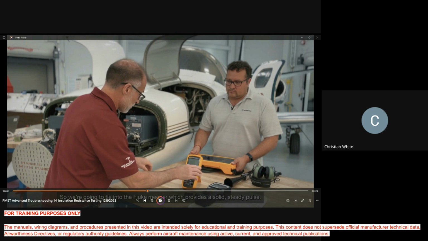Atlas does own those, and we know for a fact, I think we've checked them out before in Miami. I don't know if there's one in Baltimore, but this is the easy way to do it. The other way to do it is we take the newest guy on the crew and we have him wiggle the harness hand over hand, and someone watches the meter, and that's where